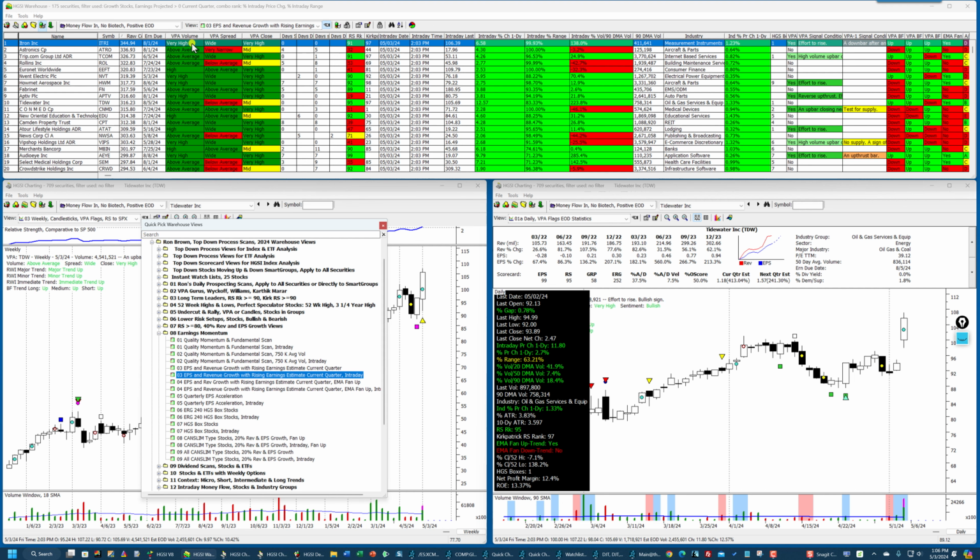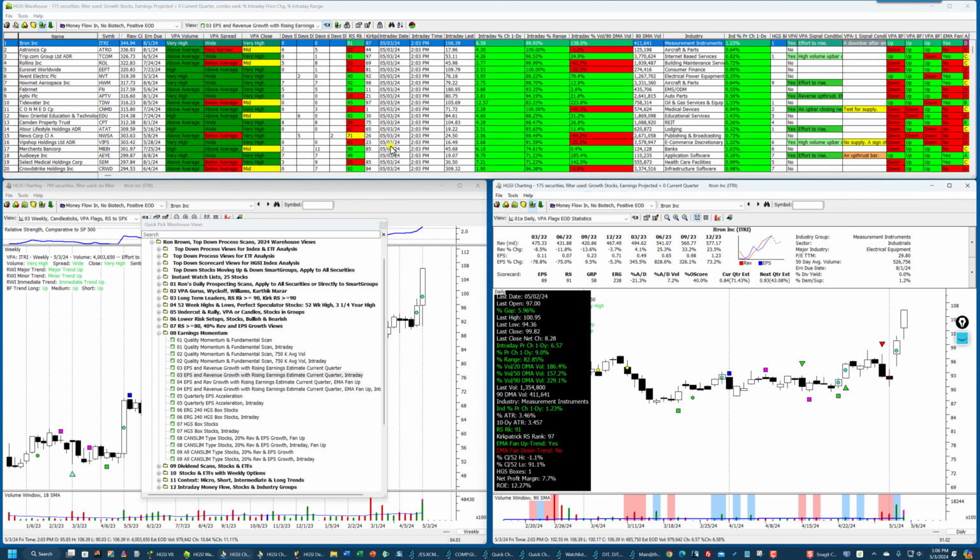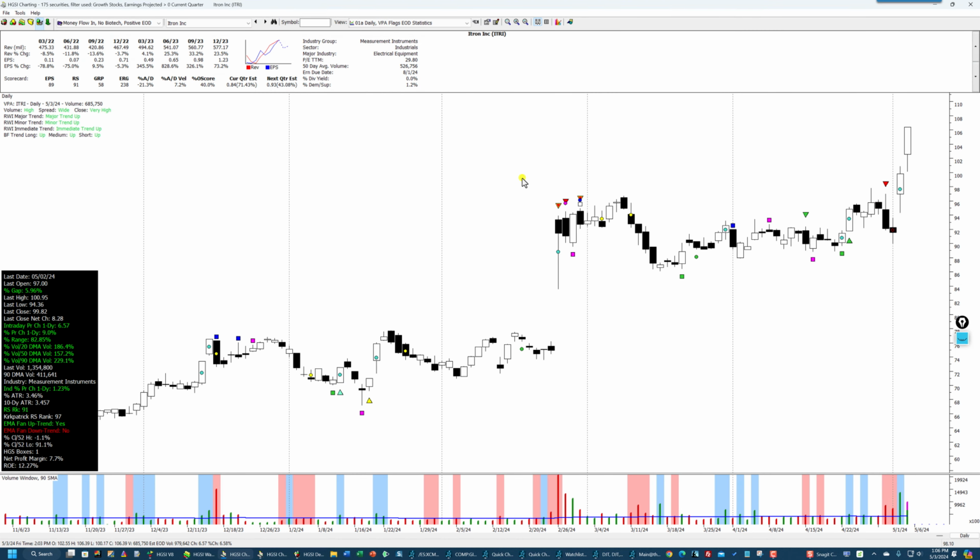And let's take a look at this stock here, ITRI. I know nothing about it. I'm going to make it full screen here so we can see this a little bit better. Okay. So this quarter compared to 12/23, a 73.2% gain over this quarter right here. Revenue is 23.5 compared to this quarter right here. And remember, the current quarter estimate has to be greater than 0, and that is right there. It's projected to be 84 cents or